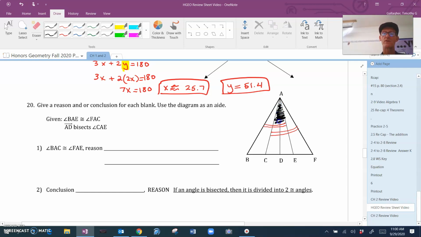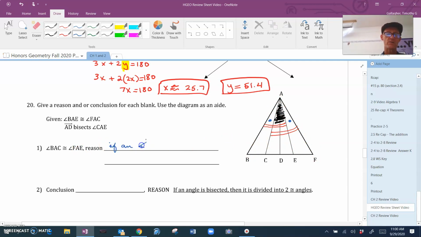Okay? So that angle is going to be subtracted from those two red ones. So that means that this angle is congruent to this angle. All right, so that is BAC is congruent to FAE because if